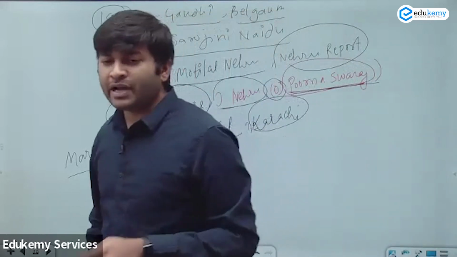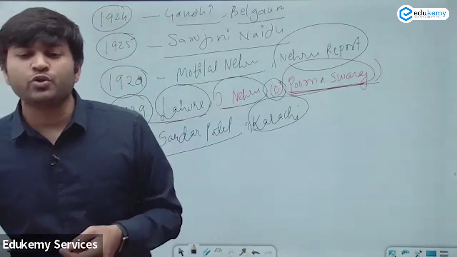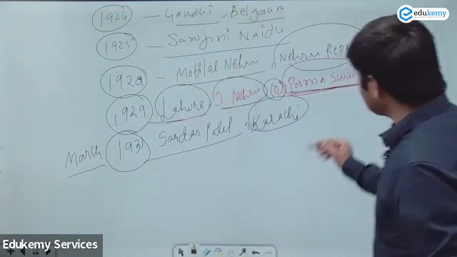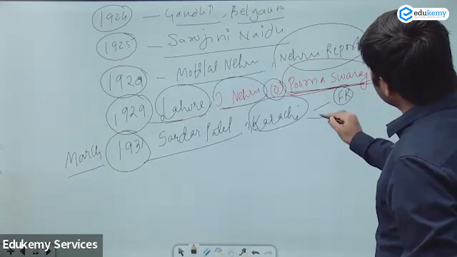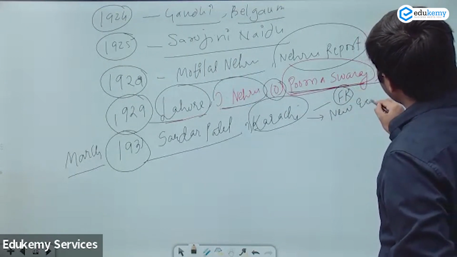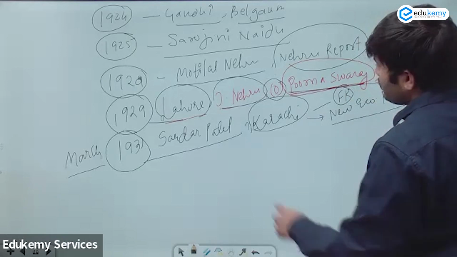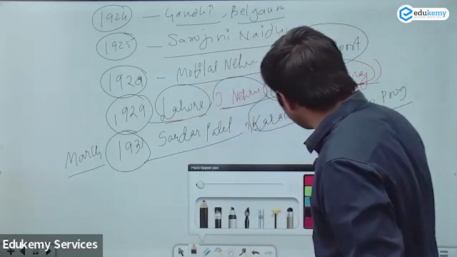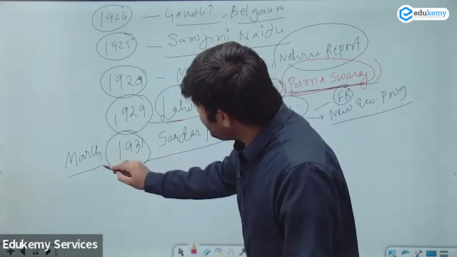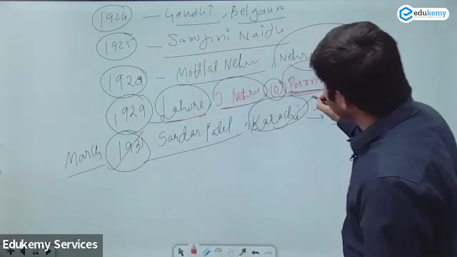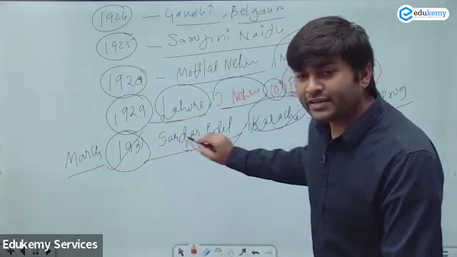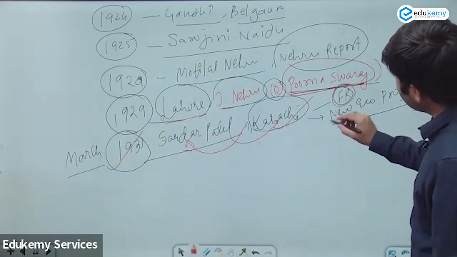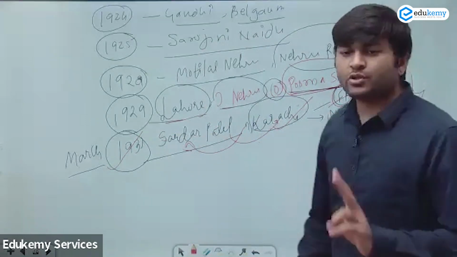So the Gandhi-Irwin Pact, which was signed earlier, was endorsed over here. And also 2 important resolutions were passed in this session. One on the fundamental rights, and second on the new economic program. Very, very important. देखो, इसमें ही every last 5 to 6 years question on the same has been coming. एक तो they will be asking you, 1931 Indian National Congress is presided by whom? Sardar Patel. Where did it happen? Karachi. What were the resolutions passed? Fundamental rights and new economic program. These 2 resolutions were passed.